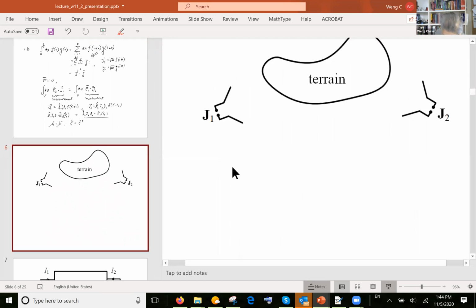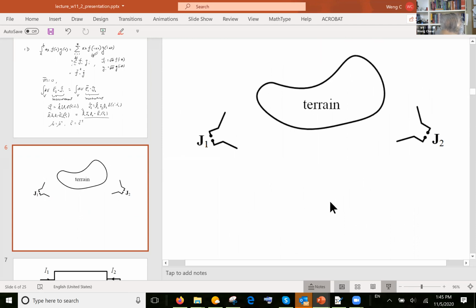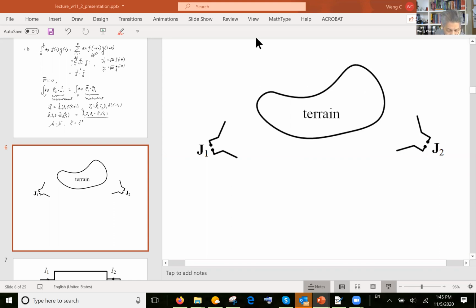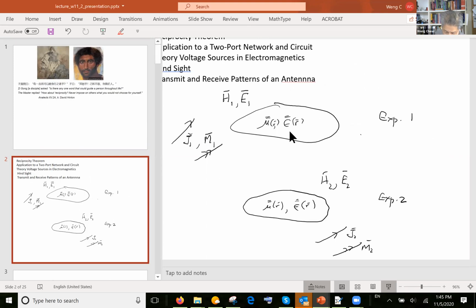Say if we have two antennas, as we say here, and these two antennas are radiating in a very complicated terrain. Let's assume that the inhomogeneous medium, the very complicated medium that I talked about in the previous slide, this mu and epsilon, can be shaped in such a fashion that they will be like these two